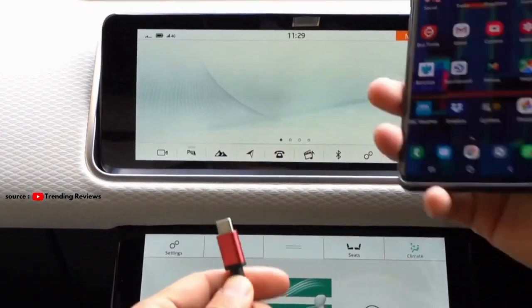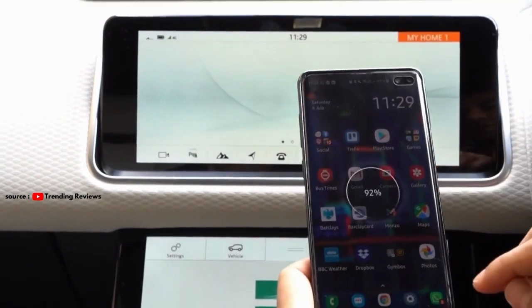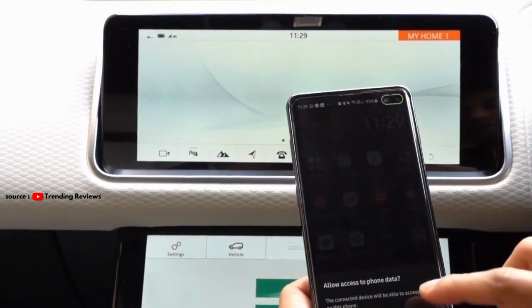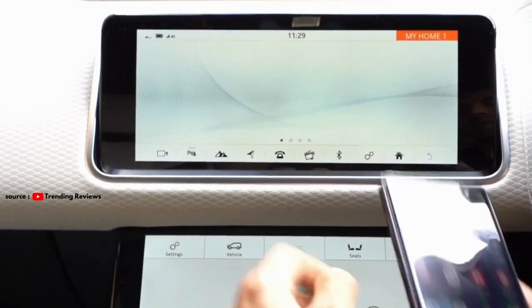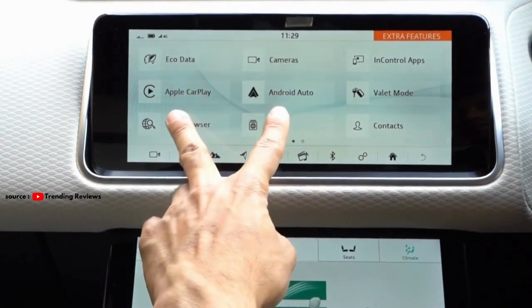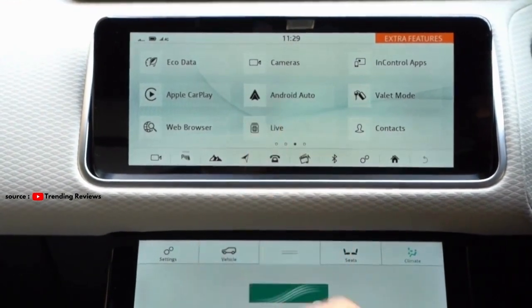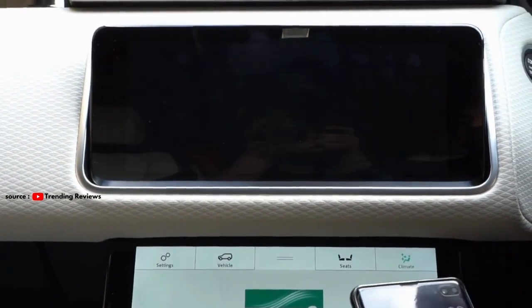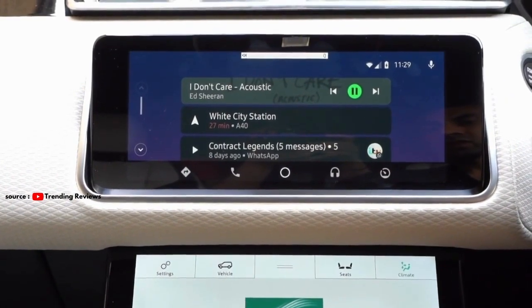So the main thing you need to do is make sure you connect your phone by plugging in your USB charging cable. And make sure you allow this to be used by your head unit. If it's your first time, click on allow. And then on your head unit screen, navigate the menu item. You can see there's two options here, Apple CarPlay and Android Auto. And we go ahead on Android Auto. And as you can see, it's now open up and start playing music as well from Spotify.